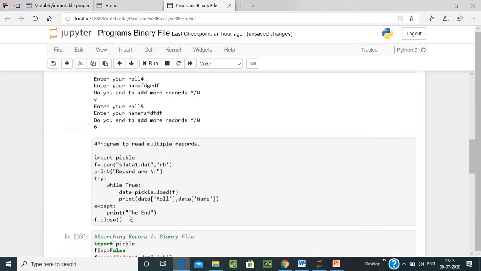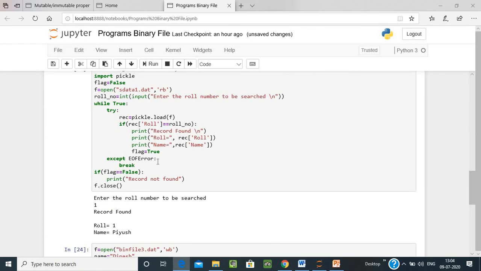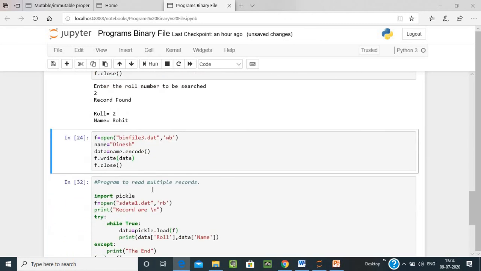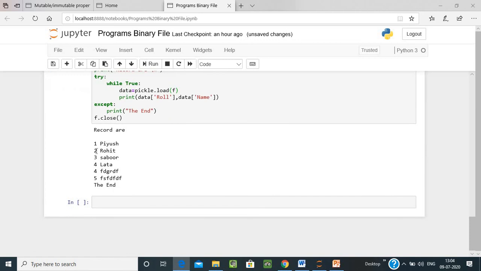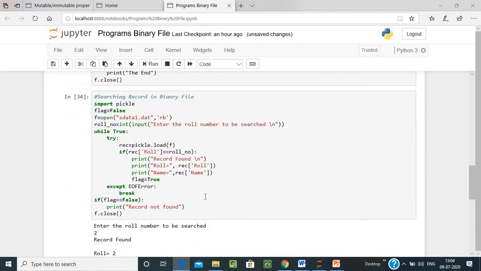Okay, see in this example, roll number 1 is Piyush. Again search 2, roll number 2 is Rohit. So this is a program of how to search a specific record in a binary file.